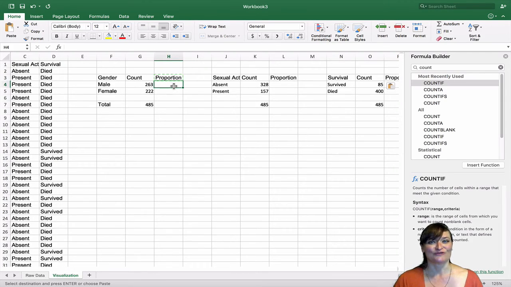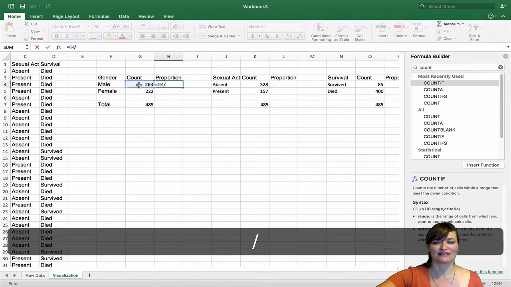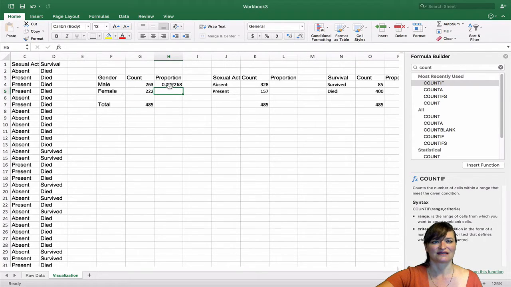So, what's the formula for this proportion? How do we know what percentage of the total are male? It equals the number of male divided by the total. Do you think we can use fill? Nope. We got an error message saying that we're trying to divide by 0.